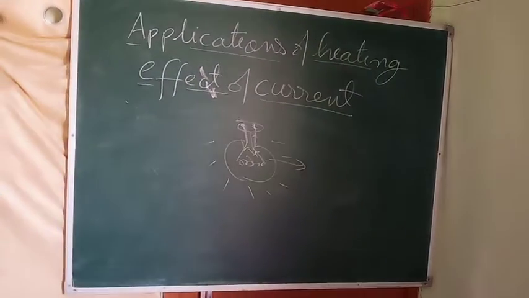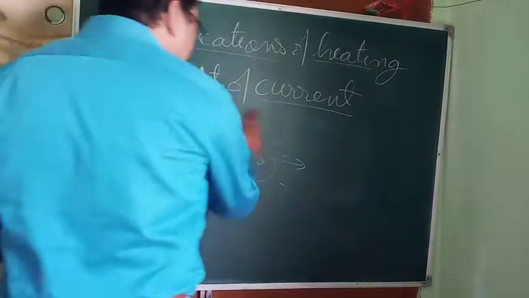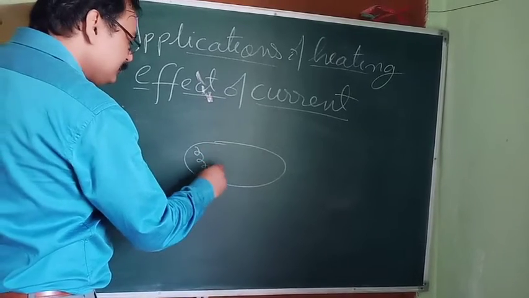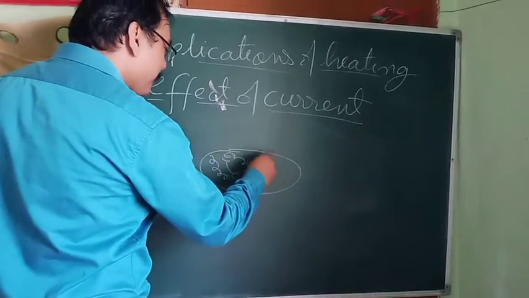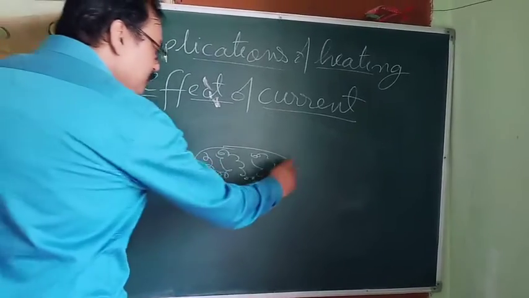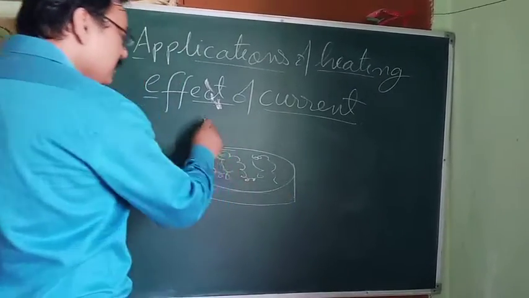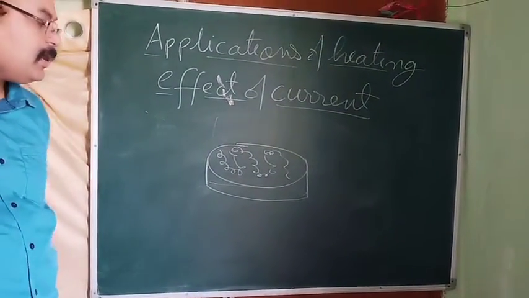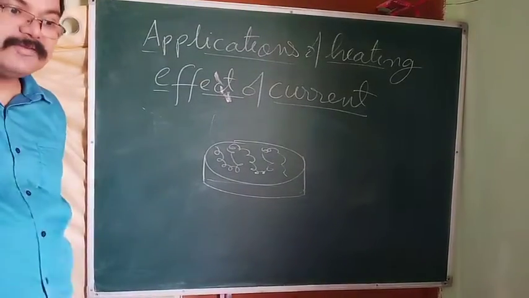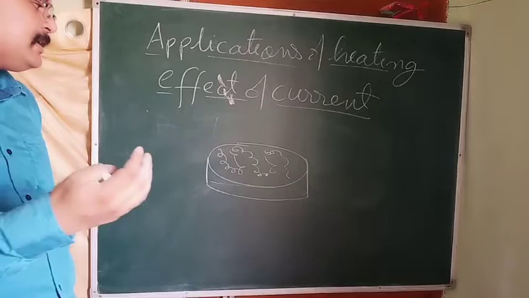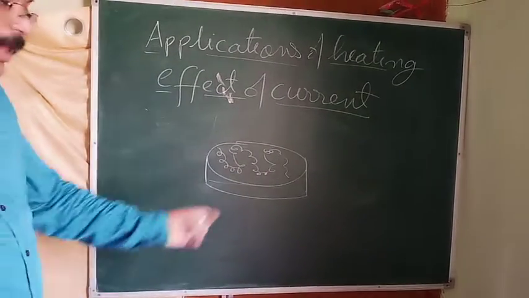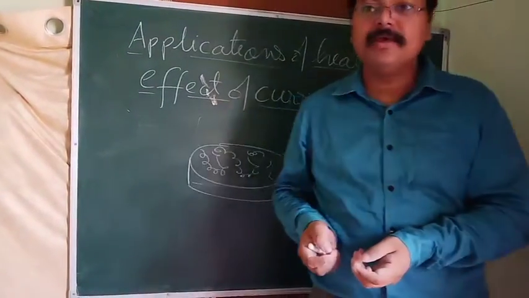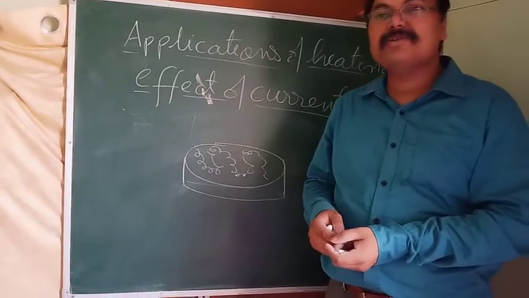Now, what are the other applications? You might know the electric heater. In an electric heater, coils are there, and when you place things over it, you can use it for cooking or for some other purpose. Even room heaters have coils through which, when current is passing, it produces heat, and due to that the room becomes hotter. Even immersion rods are also an application of the heating effect of current. So like this we have got lots of applications of the heating effect of current.